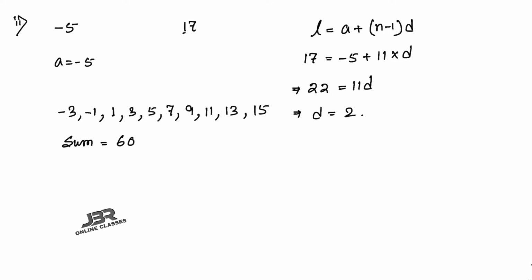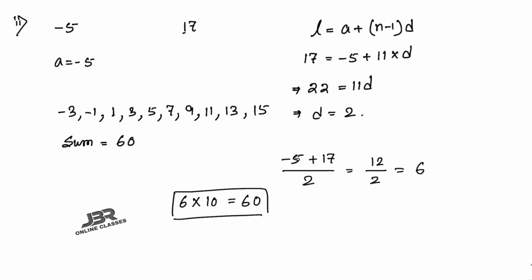So now you have to find out the arithmetic mean between minus 5 and the next one, 17. So the arithmetic mean, the formula is (minus 5 plus 17) divided by 2, and that one equal to 12 by 2, that one equal to 6, sorry, it's 6 not 60. So 6 into 10, that one equal to 60. So that means it's proved, because you have to prove that their sum is 10 times. So the sum 60 is 10 times the arithmetic mean between minus 5 and 17. Okay, clear? Now next one, sum number 5.